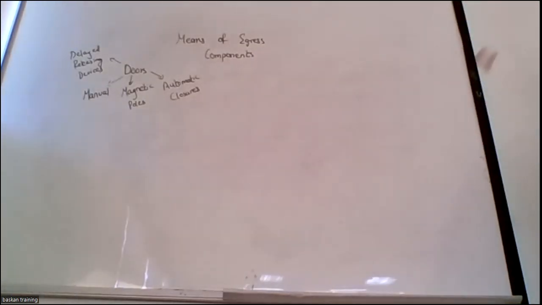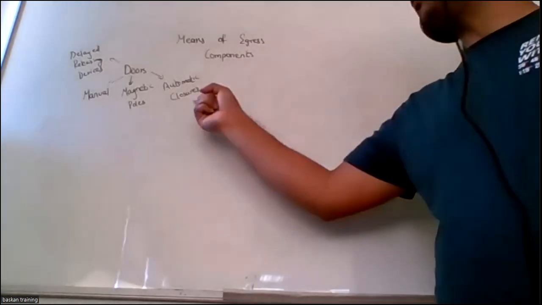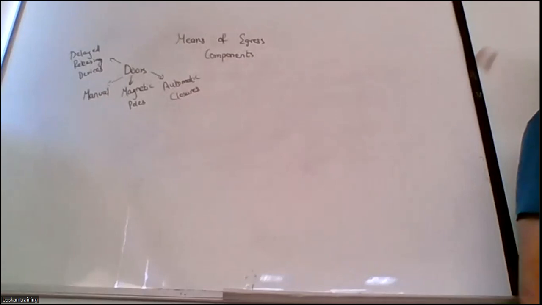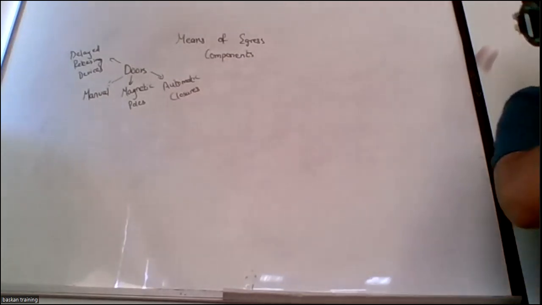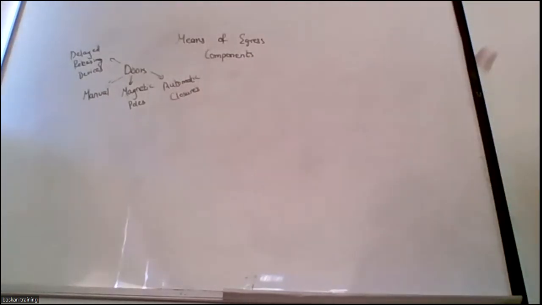Magnetic poles are usually floor mounted. When you open the door, it sticks and remains open. If you have to close it, you have to apply a little bit of force. For automatic closure, on the top of the door we have the automatic mechanism. We open the door, we just move away, and automatically, slowly it will close.